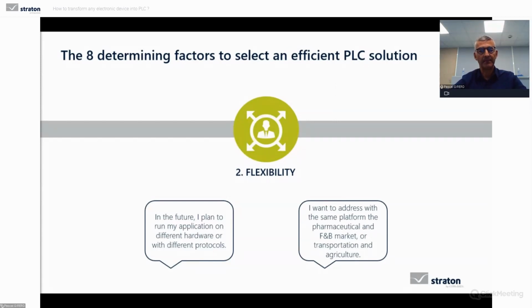With a soft PLC, the same application can be ported to different hardware and operating system combinations, different kinds of IOs or protocols. This means I will be able to potentially develop and maintain a common application, or at least a library of common functions that can run in different environments if needed. This will allow my customers to choose my specific combination of hardware and software, saving money on IOs and interfaces.